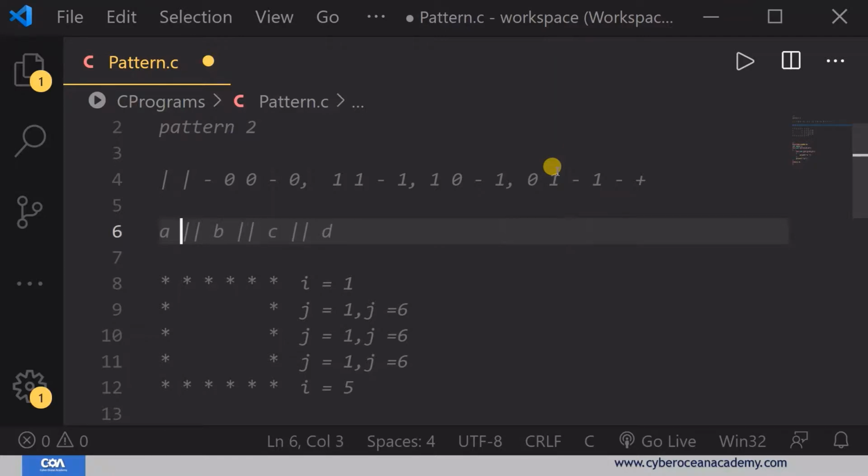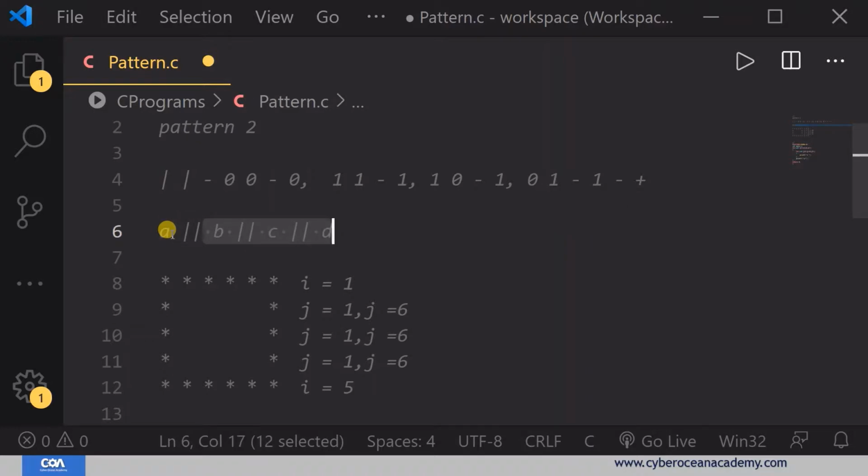Here you can see, if the first statement is true, that means you have at least 1. If the value is at least 1, it will give 1 every time. So it behaves like a plus. When you add 0 with 1, it gives 1. When you add 1 with 0, it gives 1. When you have 1 with 1, it gives 1 in binary. So the OR operator works in this way. If the first statement is true, we will not check the further statement. That is basically how the OR operator works.